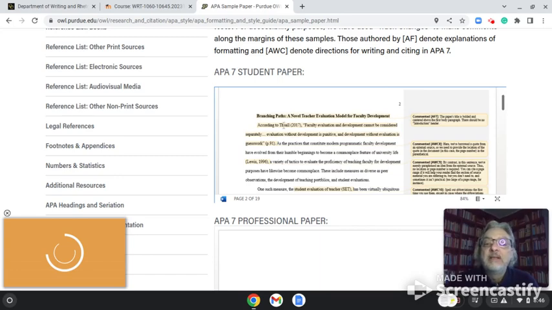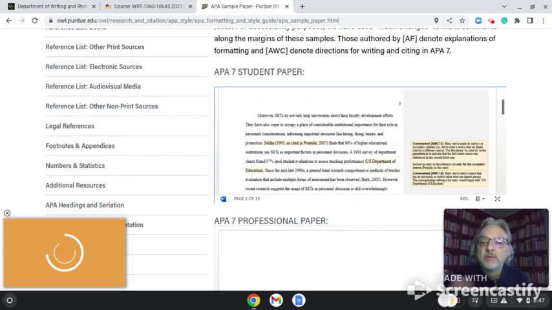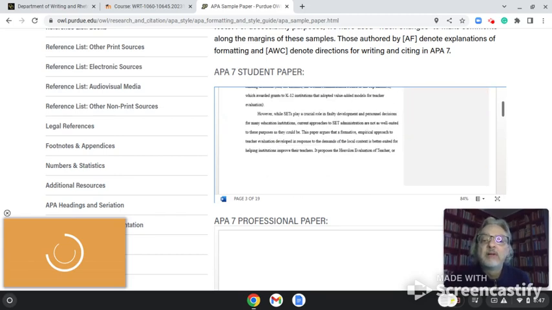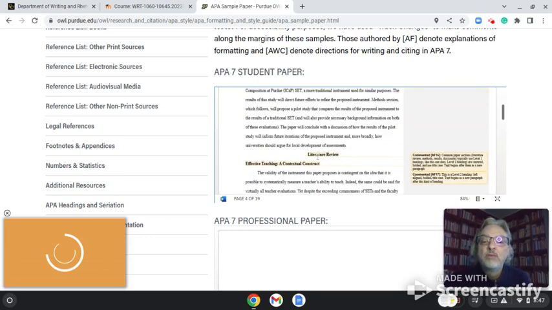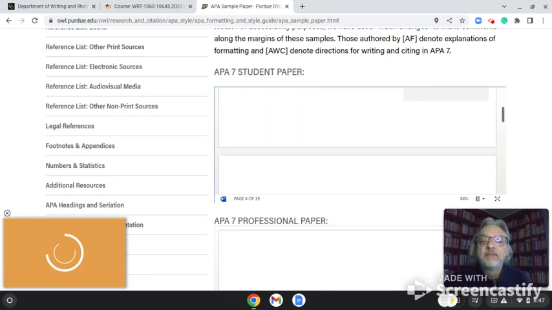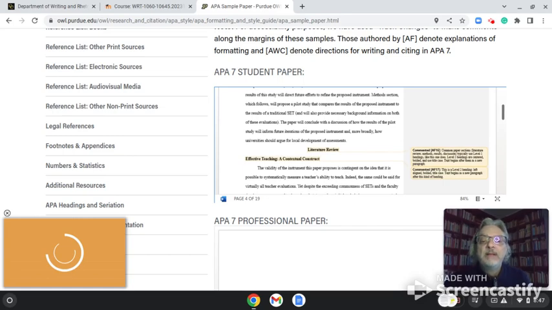Put your title in again, and then for the introduction, you don't need a heading. So you just dive right in. Write your introduction, and then, of course, page 3, and you're typing along. And obviously this is a longer paper. But then when you get to a section that is different than the introduction,